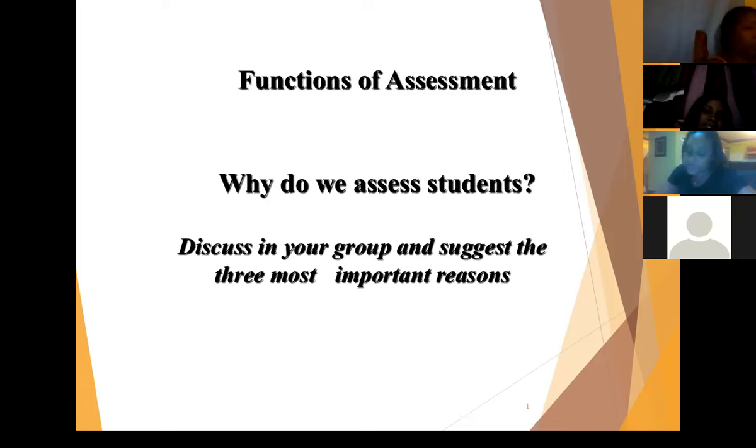Third point, to evaluate the progress. Fourth point, motivate performance. The fifth point we came up with is encourages active learning. And the last point is to develop new educational